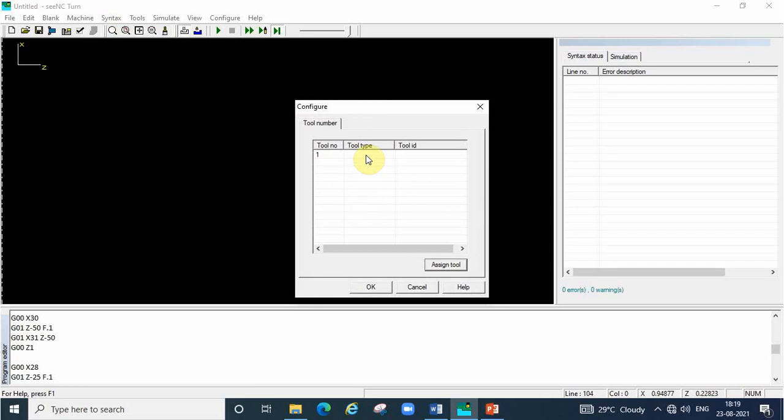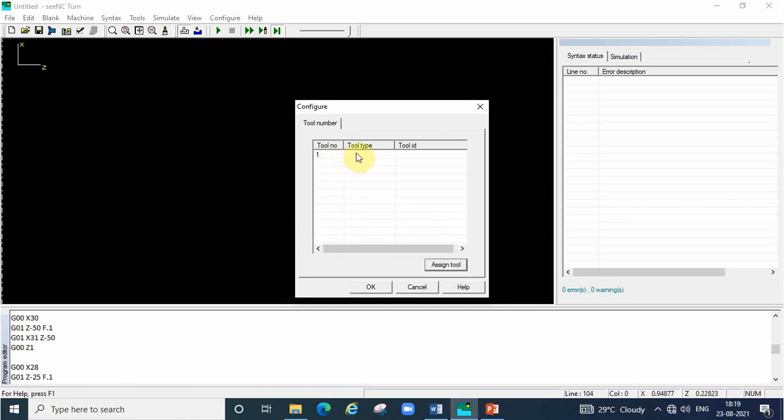That is nothing but tool changing. We will get a tool dialog box. In this program, we are using only one tool. So in the initial T0101 only we are using, so that only one serial number is there. Suppose more than one tool we are using in the program, that particular serial numbers will come. Now we are going to select the tool.